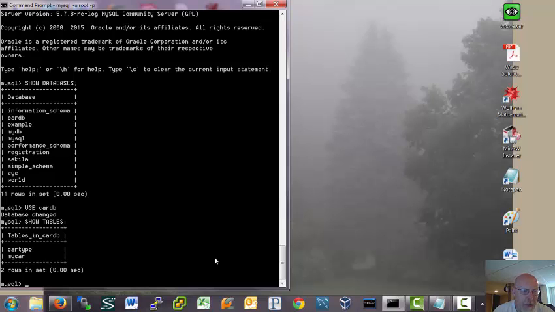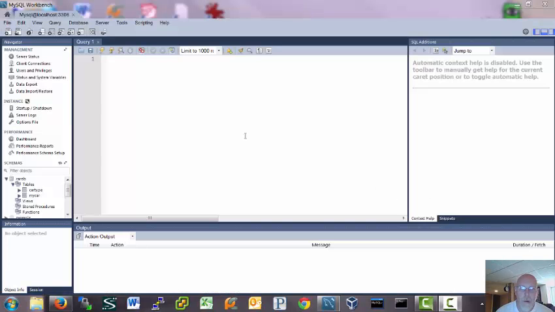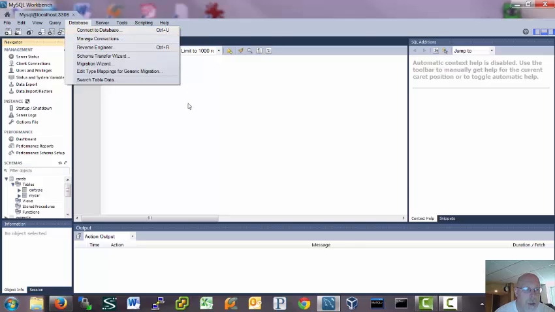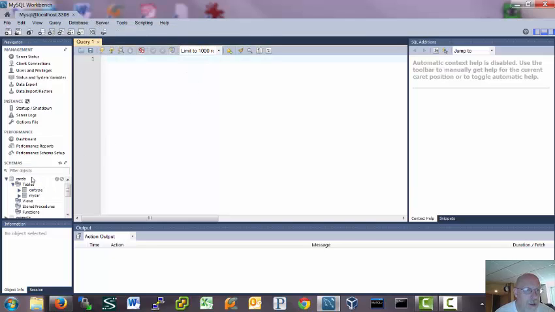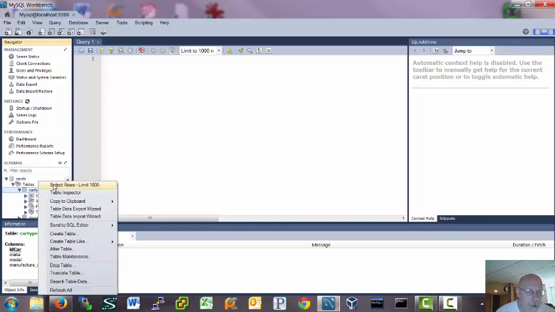But I think what I'm going to do is go into MySQL Workbench, because there's something I want to show you in terms of foreign keys and what they do and what separates them from other types of keys. So I paused and got rid of the command line prompt and opened up MySQL Workbench, and I connected to the database using the database tab up here. And when I did, CarDB was in here, and I've got two tables, car type and my car. So I'm going to go ahead into car type, and I'm going to put some